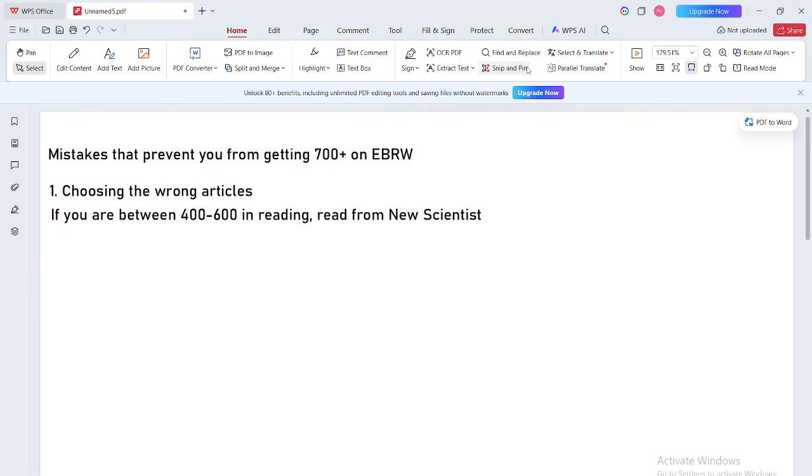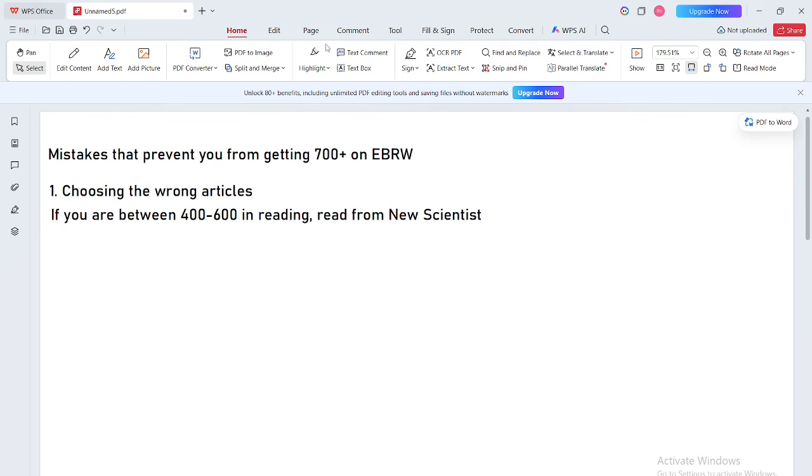Even New Scientist, even the New Yorker, but the New Yorker isn't always the best option. The Economist is a good idea. The Atlantic is a good idea also. And personally, I really like Scientific American. This is a great one, including a lot of science and a lot of interesting, engaging topics.